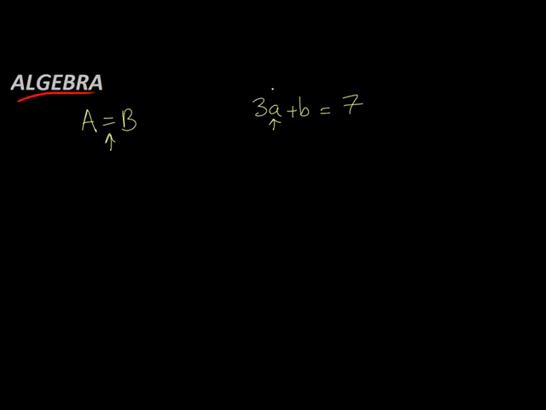The first thing that happens to it is it gets multiplied by 3, and the second thing is that you add b to it. You can think of this as something like 3 times 4 plus 1, for example. Now there's an order to this. The first thing that you work out here is 3 times 4, 12, and then you add 1 to it,